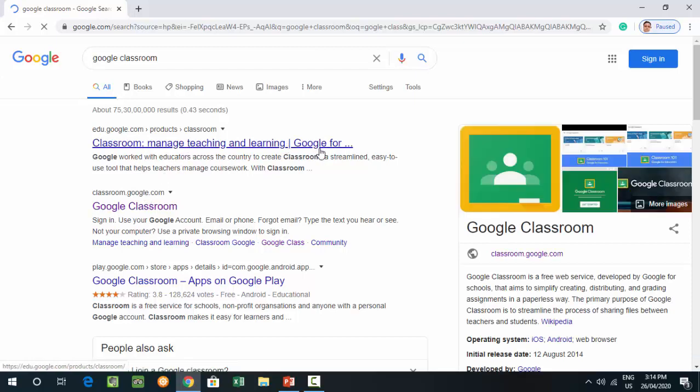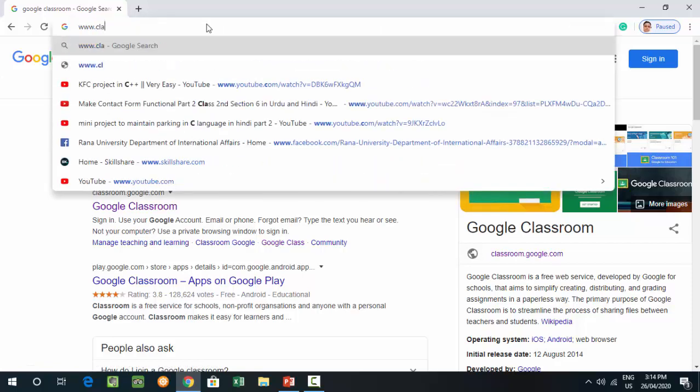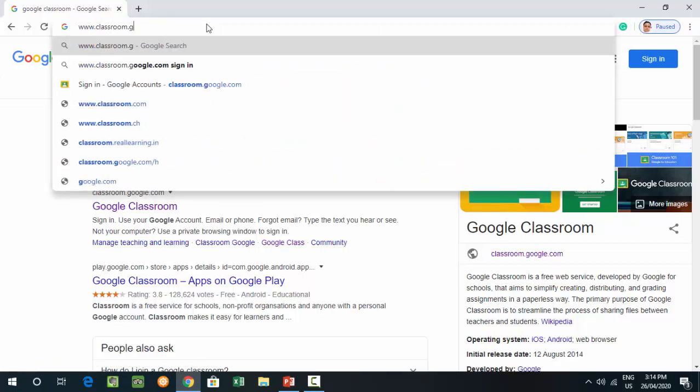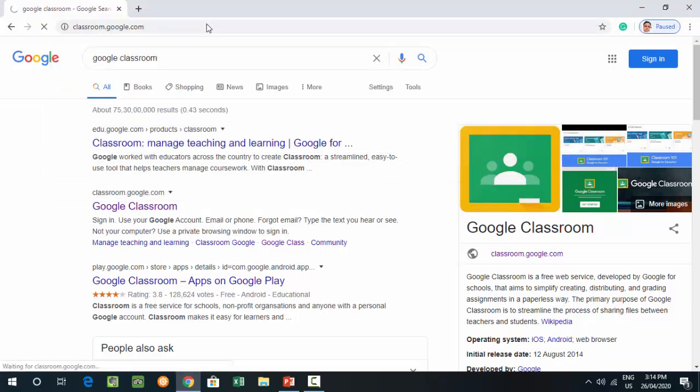You can also write classroom.google.com to go directly to Google Classroom. If you write www.classroom.google.com, the computer will directly take you to the Google Classroom interface.